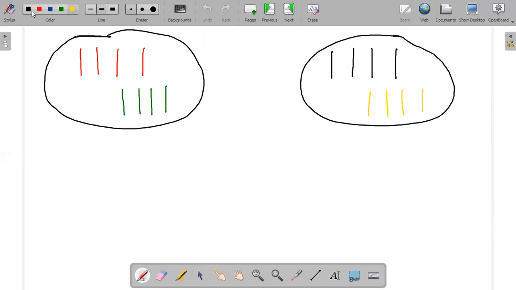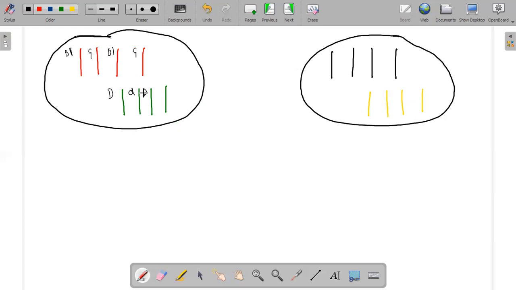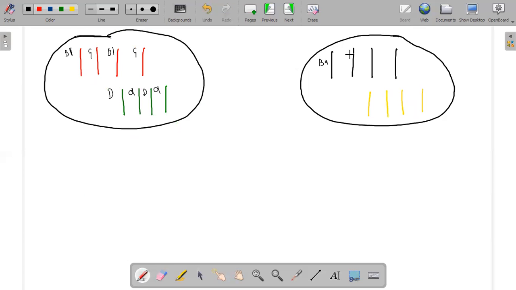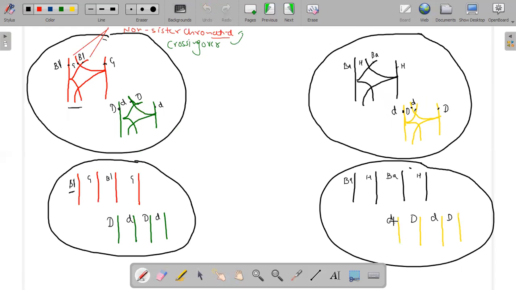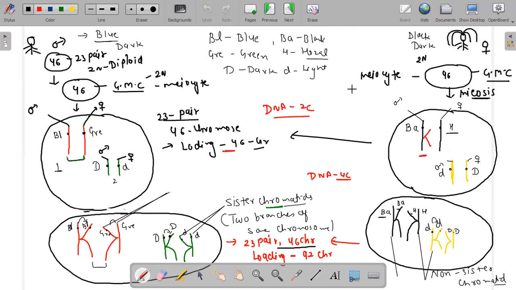Now I have to write the gametes. Black, green, black and green, and here dark, light, and dark, light. Dark skin color, light skin color, dark skin color, light skin color. And here black. This is for blue. Actually, I don't know why I'm pronouncing this blue, black. This is blue. This is black. So black, hazel, black, and hazel, and here dark, light, green, light, dark, and light and dark. Light skin, dark skin, light skin, and dark skin. So you can see how the parents are going to look.